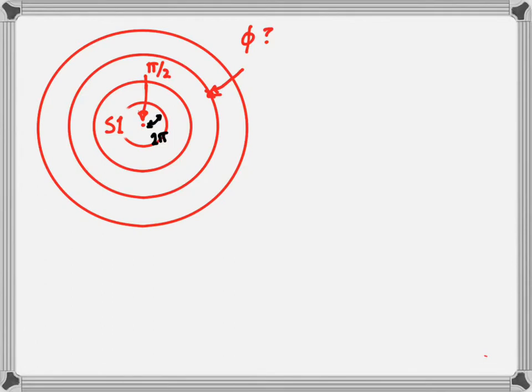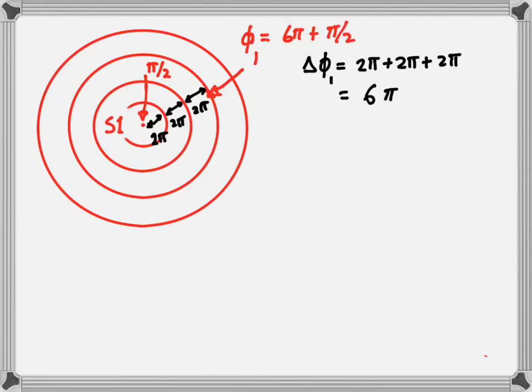So to find that, we realize that the difference in phase between 2 adjacent crests is 2 pi. So between the center and the first circle, there's a difference in phase of 2 pi, another 2 pi between that first circle and the second one, another 2 pi to the third circle. So that gives us a difference in phase between the third circle and the center of the pattern of 6 pi, and that gives us a phase for that point on the third circle as 6 pi plus pi